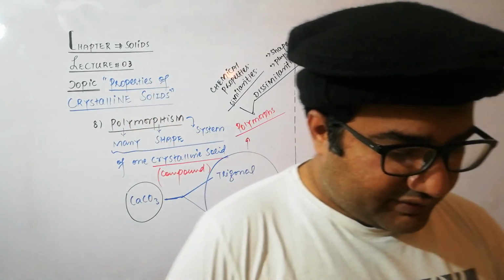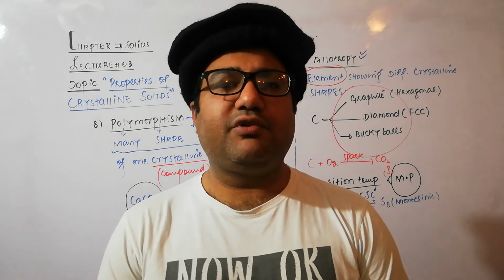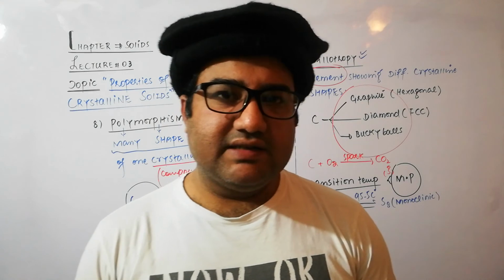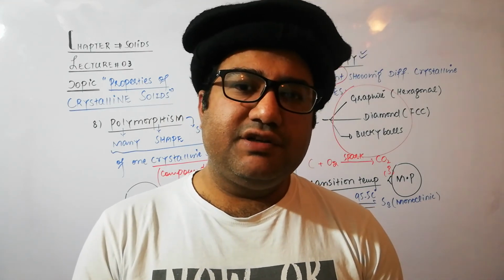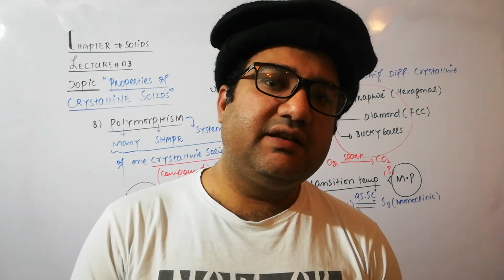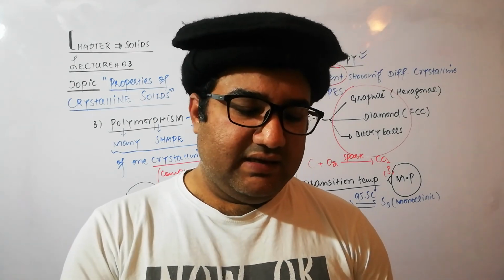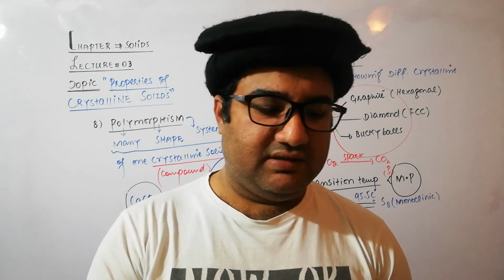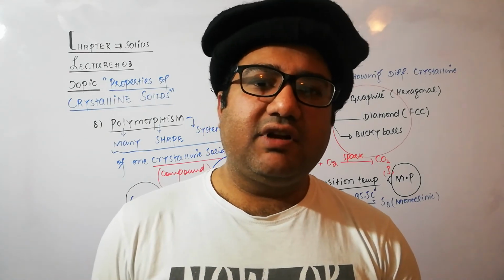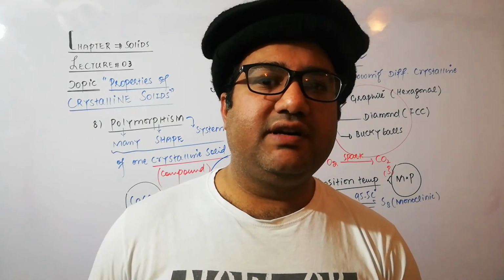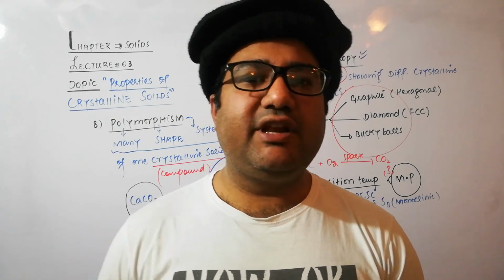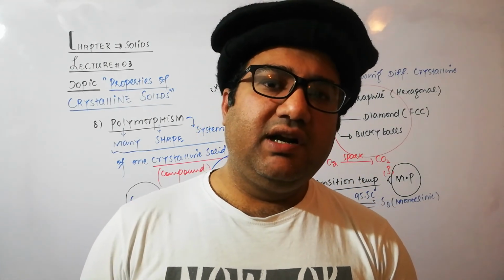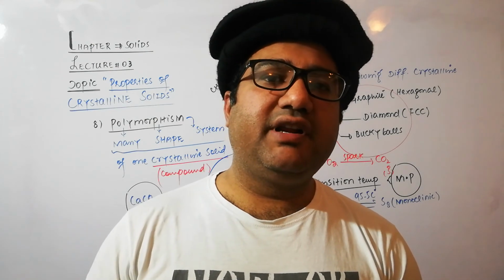So this was the concept of the transition temperature, and these are all the properties of the crystalline solids. I am going to just revise them in 1 minute or less. First, they have a definite geometric shape. Their interfacial angles remain the same in any case. Second, they have definite or sharp melting points which are used for their identification. Third, crystals can be cut at their weakest points, at their weakest areas, and these planes are called cleavage planes. Fourth, crystalline solids show differences in their physical properties in different directions.